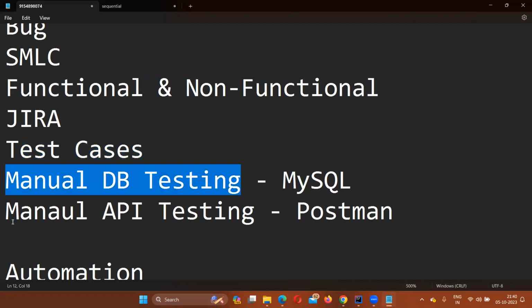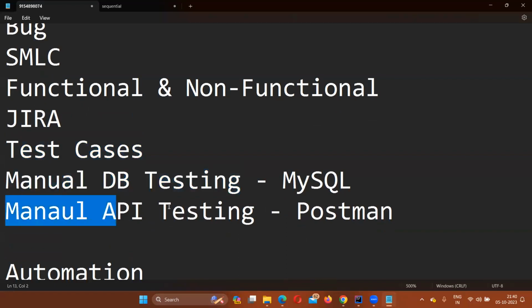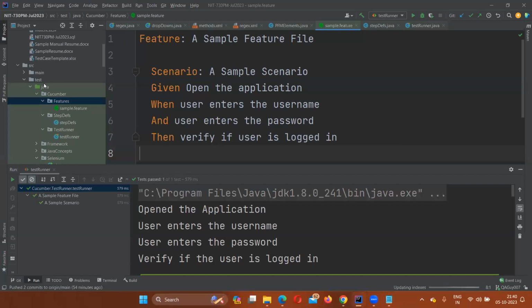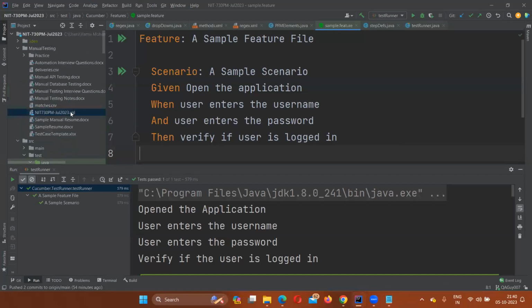Even if you know it, you still have to sit through all of it. So again, next we will learn about manual API testing also. Even if you don't know what an API is, that's perfectly all right. You are going to learn API testing from the beginning using Postman. So this is what the manual testing course is. And at the end of the manual testing course, I'll be giving you some sample projects for your practice. Okay. MySQL, I will be giving you SQL queries like this. I'll be giving you SQL queries.